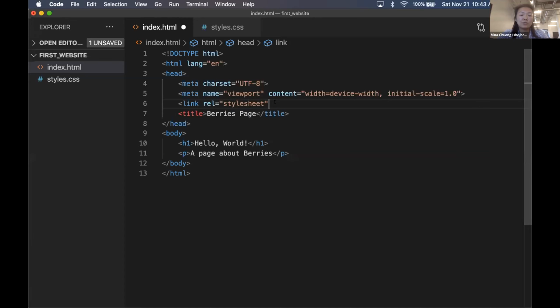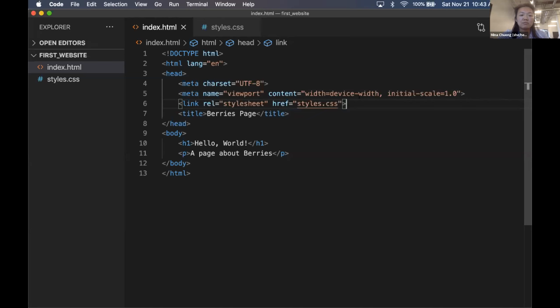We haven't exactly told it where the file is located yet, and we do that by writing href. And at this point, I'm going to go ahead and close caret. So href here is an attribute that takes the location of the file. This is the nice thing about the editor. It knows that, hey, you're trying to create a link to a different file that we know exists. So we'll go ahead and select styles.css,